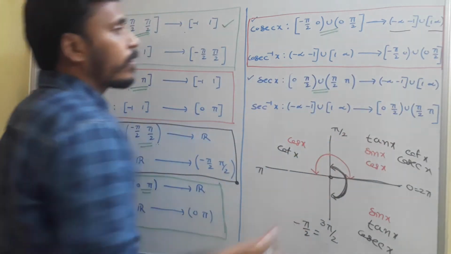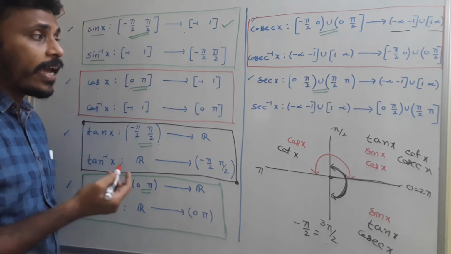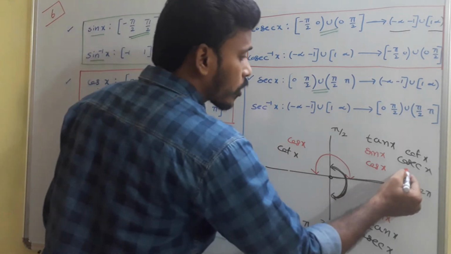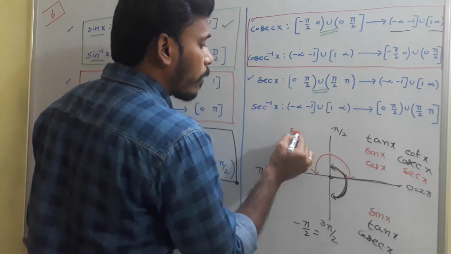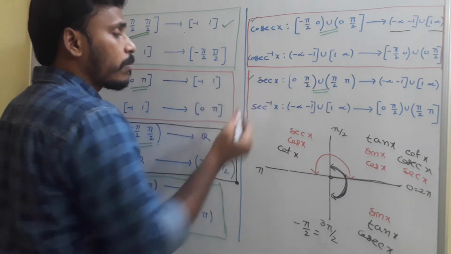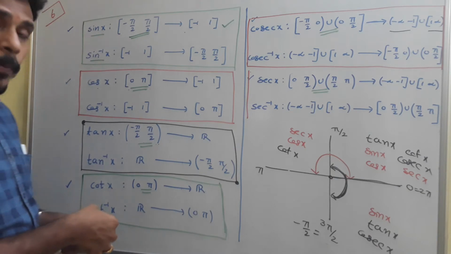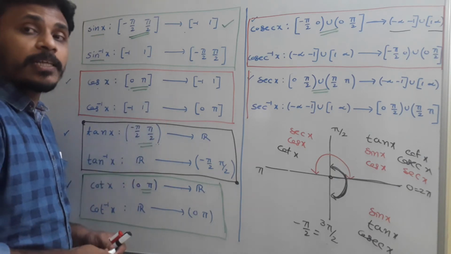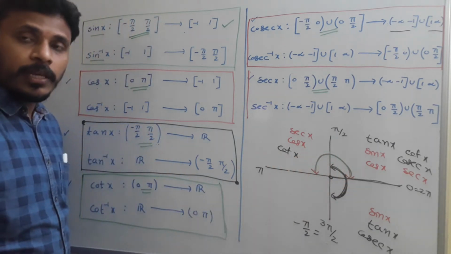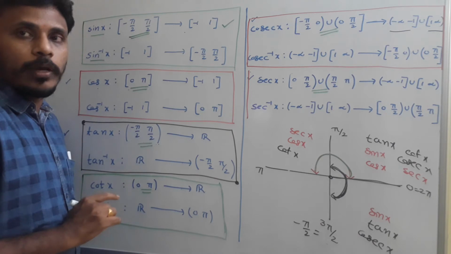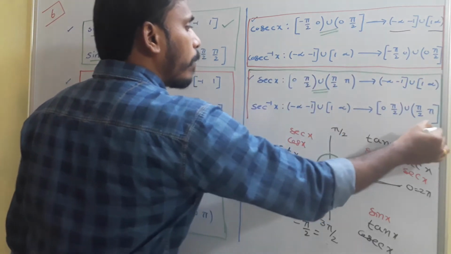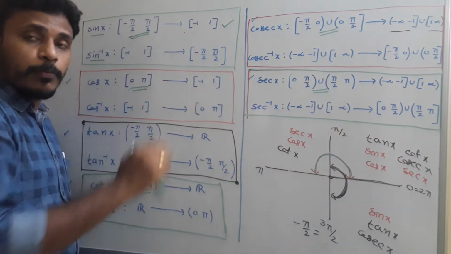And after that, at the end we have secant x. Again for secant x, the domain is the first and second quadrants, and we need to exclude pi by 2, because at pi by 2 secant x is infinity. We need to eliminate that. Then the domain of secant x is 0 to pi except pi by 2. Every value from 0 to pi is there in the domain, but pi by 2 we need to exclude, and that's why the domain is 0 to pi by 2 union pi by 2 to pi. Again the range is the reciprocal of cos x.